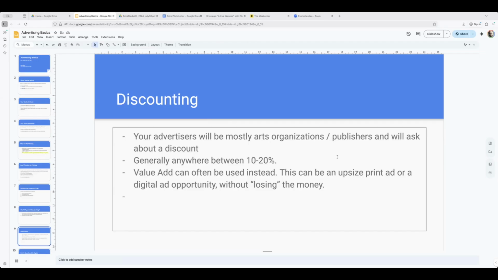It's important to think about digital as an opportunity to value add, and be really clear with folks. We'll give you this e-newsletter ad, or we'll give you 2 or 3 that has a value of X, right? So if your e-newsletters are $150, we'll give you 3 of those. That's a value add of $450. If you're only paying $600 for a 1/6 of a page ad, I'm making that up, and we're giving you an extra $450 of value add, that's a pretty significant value add. We're making your dollar go further.